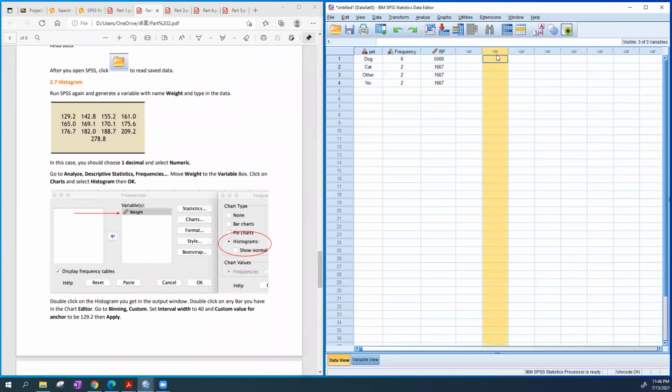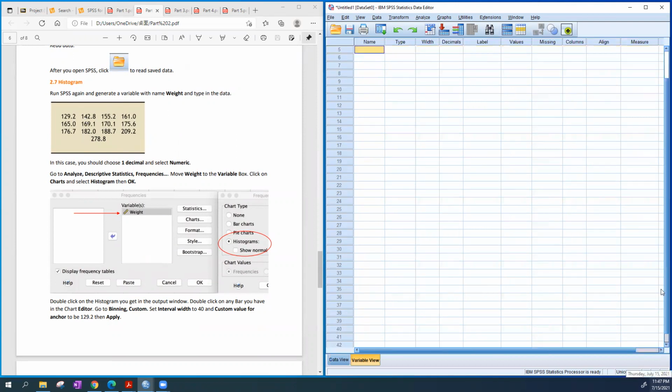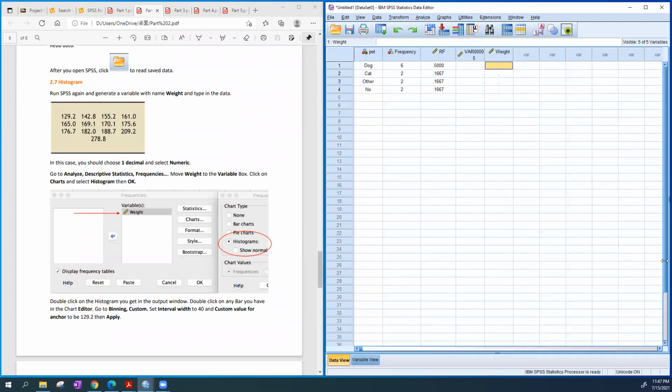So we're going to use another column to generate a variable with the name weight, and we're going to type in this data set there. We have 1 decimal, the line at the center. Go back to data view, and then we can type in 129.2,